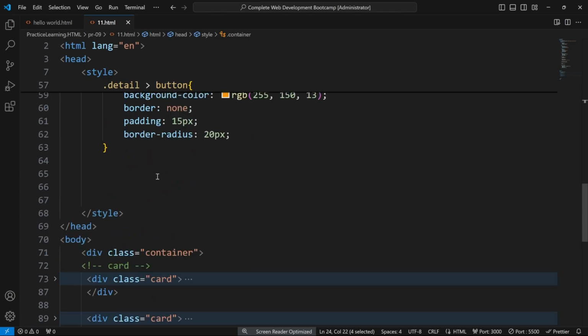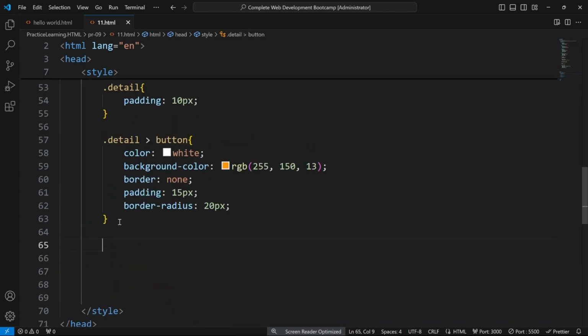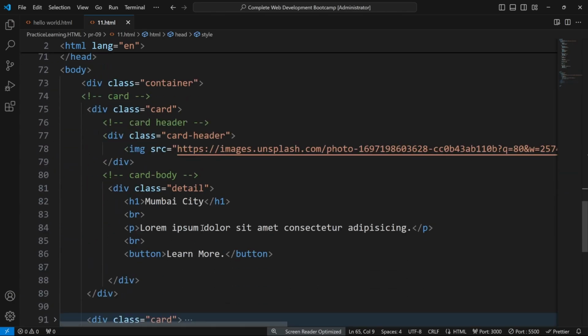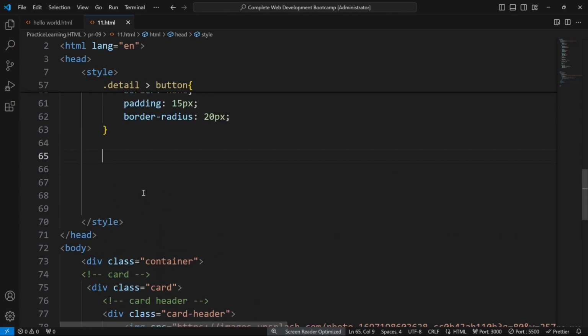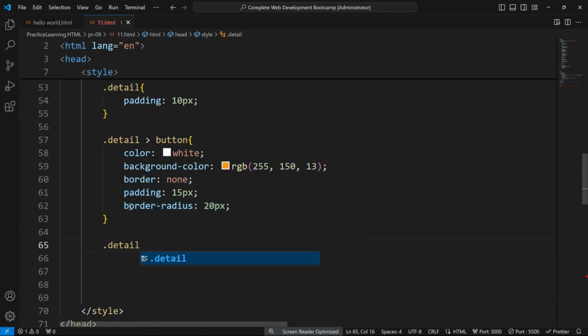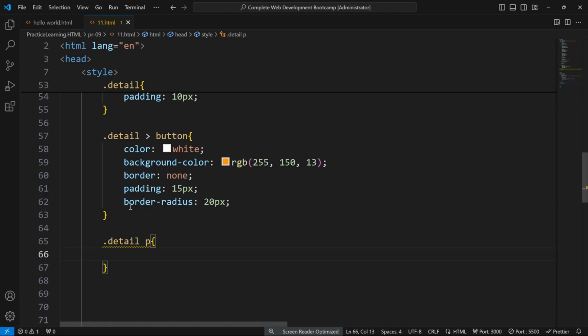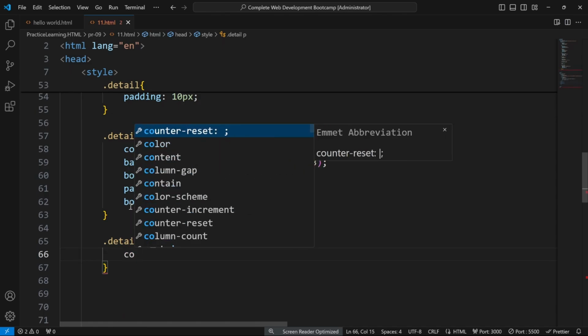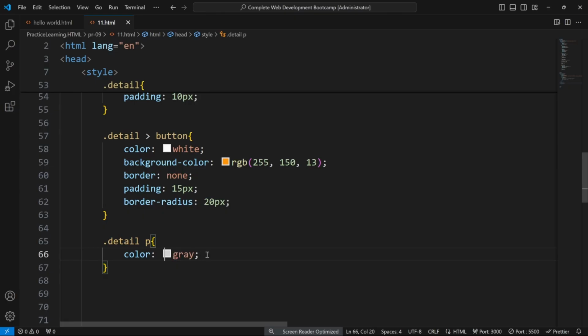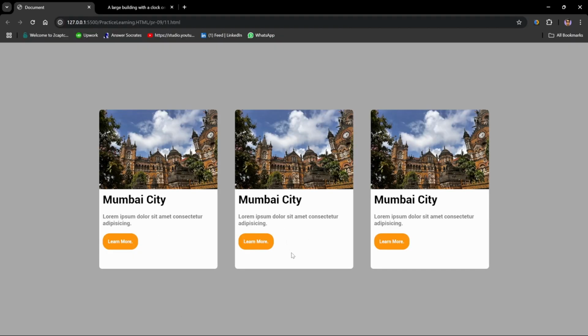And after that I want to give something to a paragraph to differentiate things. So where is the paragraph? So this paragraph in detail, I want to add color, a lightish gray, let's say only gray. So yeah,